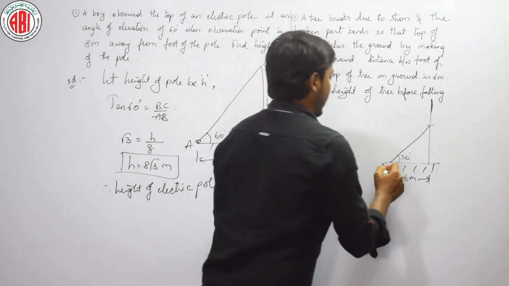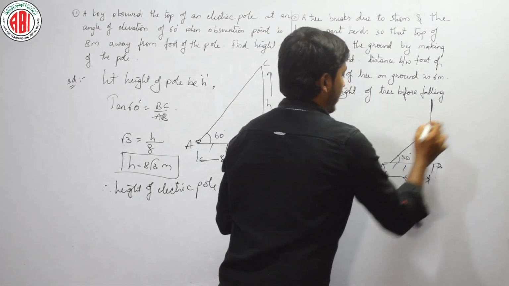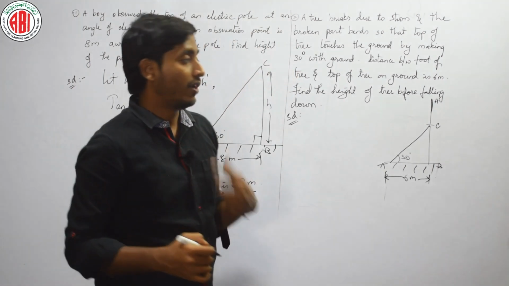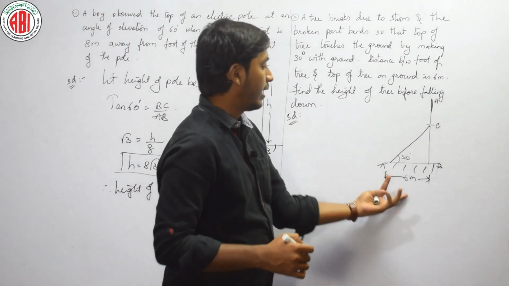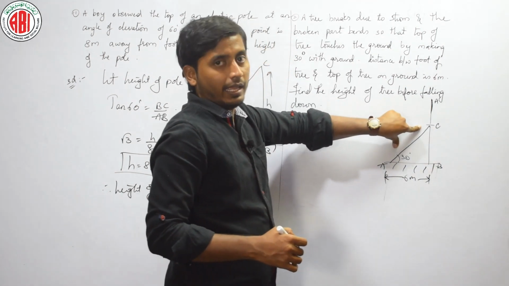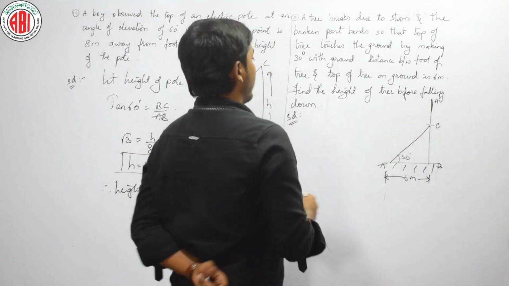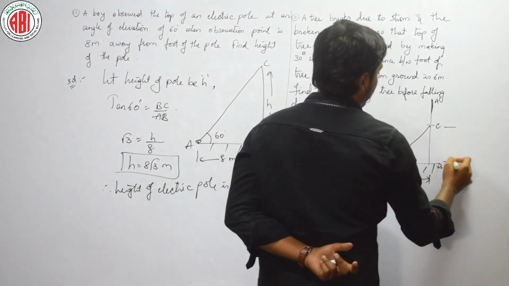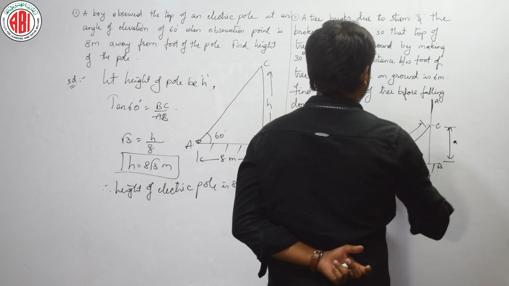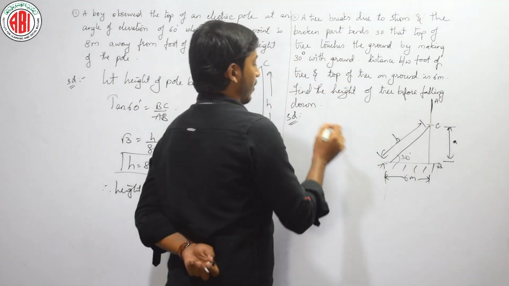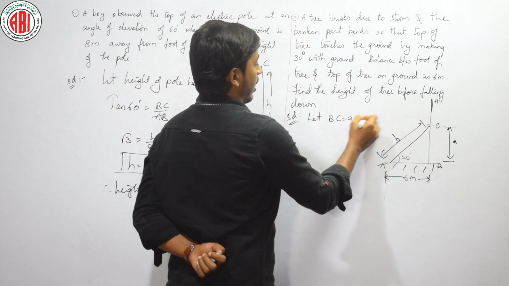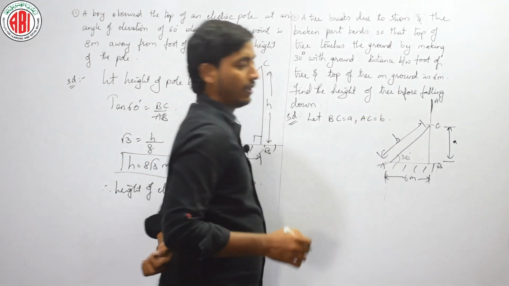Now let us write A, B, C. See here, this is nothing but A dash, right? Okay. What is that we have to find now? Here 6 is given. We have to find BC and we have to find AC, right? Now let us assume BC be some a and AC be some b. Okay. Let BC is equal to a and AC be b.